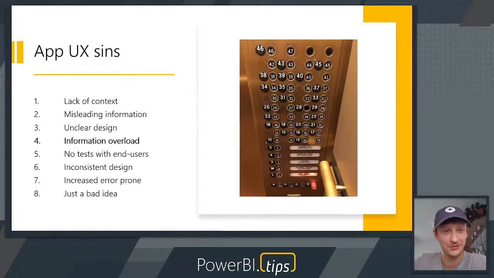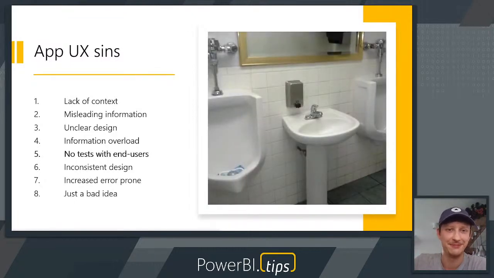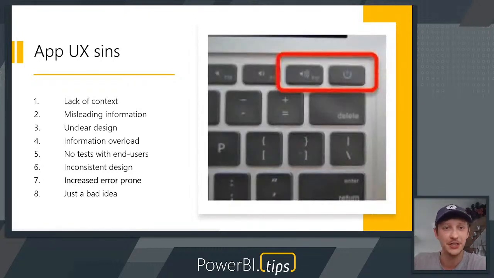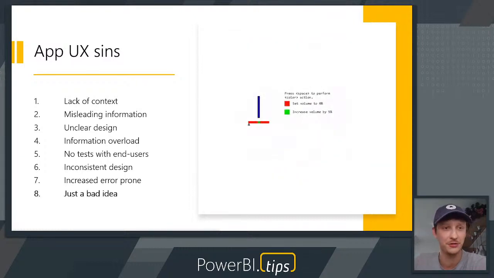Information overload is also a very common mistake. And no test with end users. Another very common problem is that we are inconsistent between different apps, even in the same company. And increased error proneness or just bad ideas are also popular sins. Before I share some tips or principles that you can follow to create better apps, better designs,